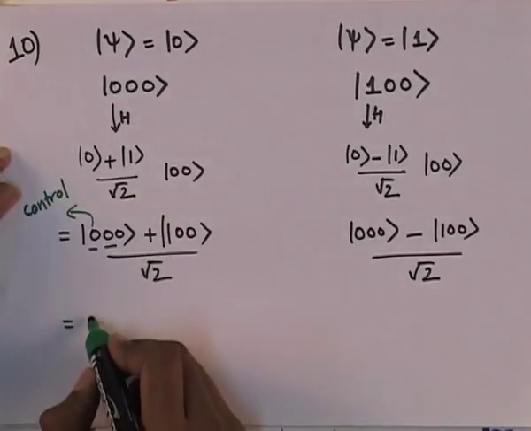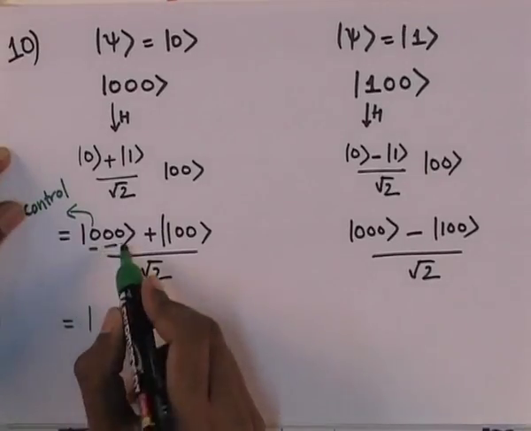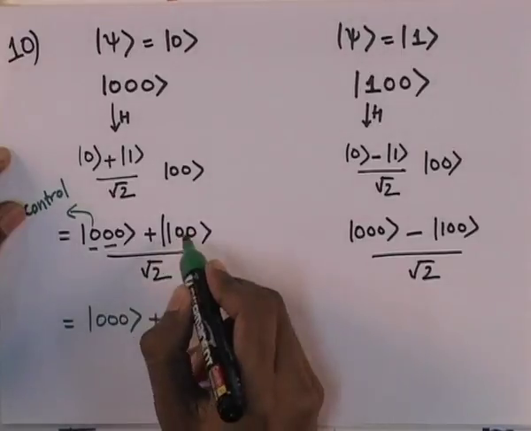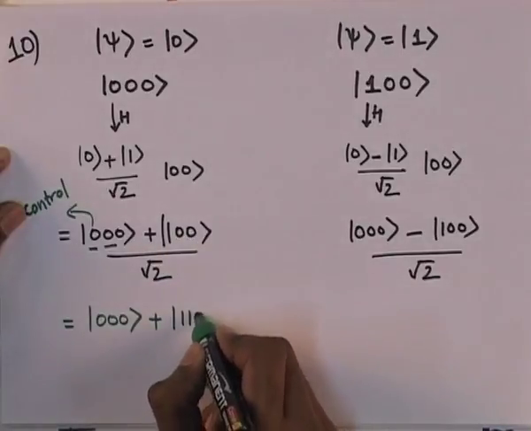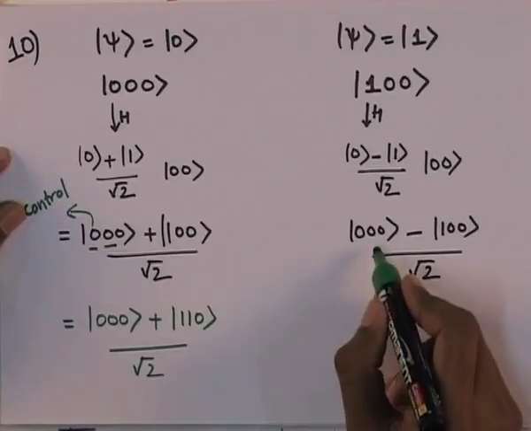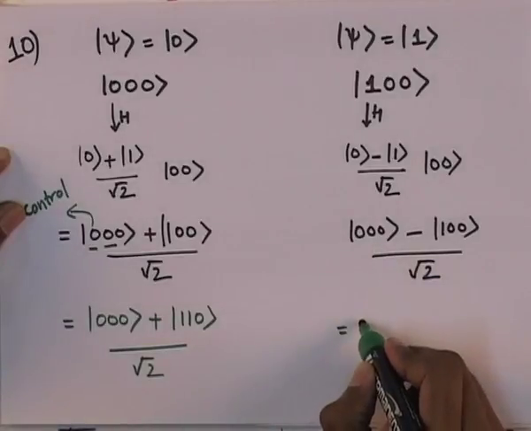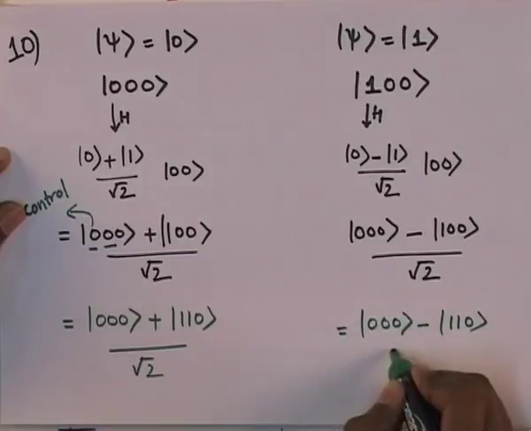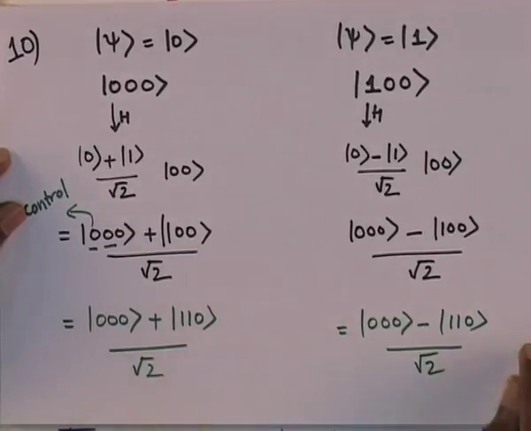So, the output is, as the control bit is 0, this state does not change. As the control bit is 1, the target bit gets flipped, 110. Similarly, here we obtain state 000 and then 110 divided by square root 2,